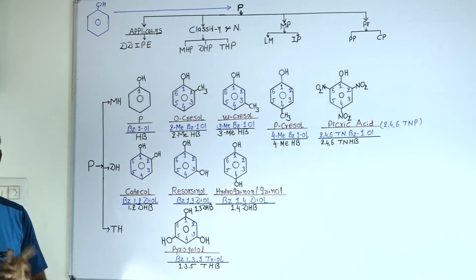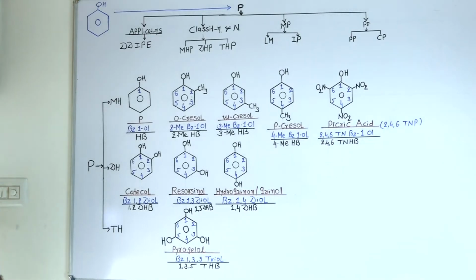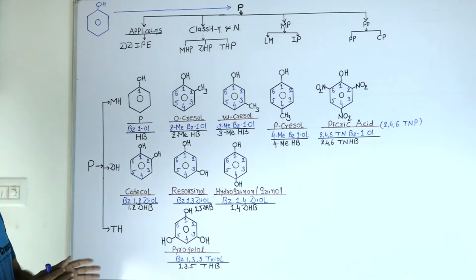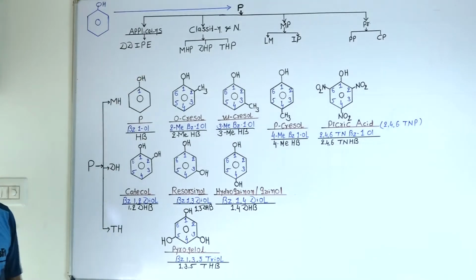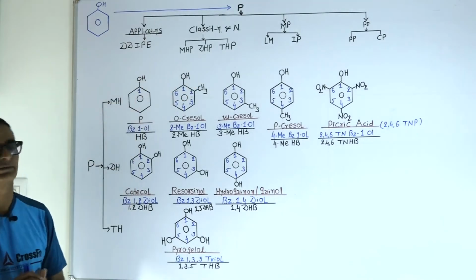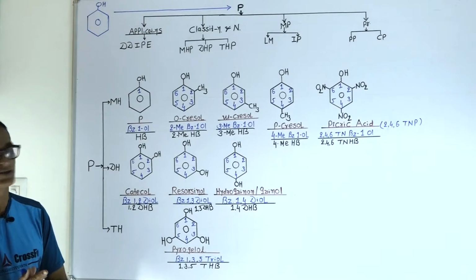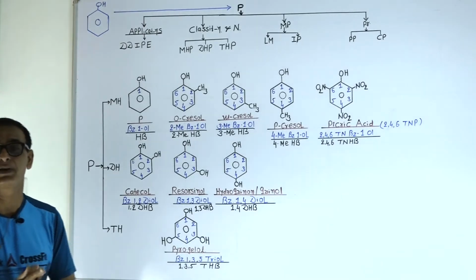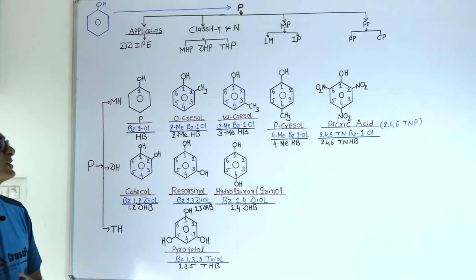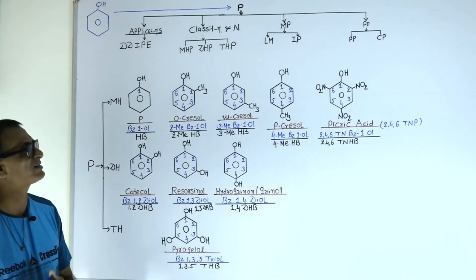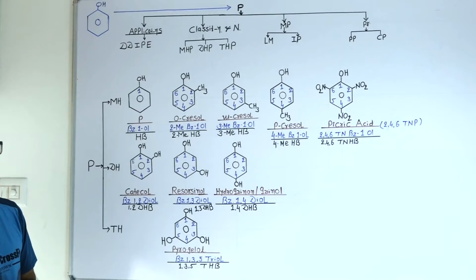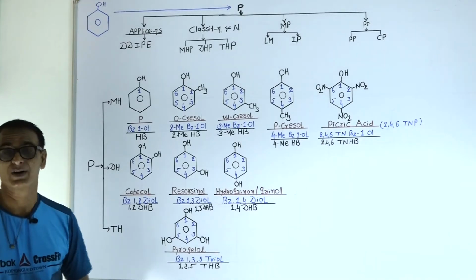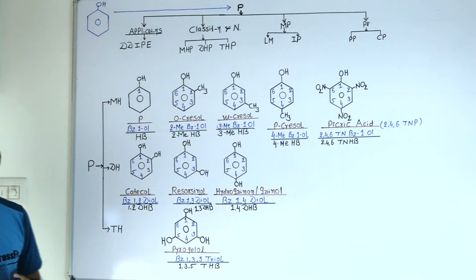Okay. There is quite a difference between alcohol and phenol. Alcohols are neutral compounds and phenol is acidic in nature. In phenol we have to study some applications, commercial applications, then classification and nomenclature. Methods of preparation: phenol can be prepared in two ways. First one is the lab method, second one is industrial production. Because of the commercial importance, phenol is a very important compound.